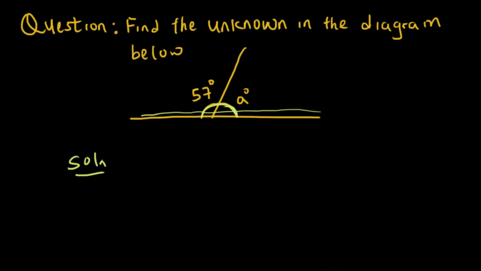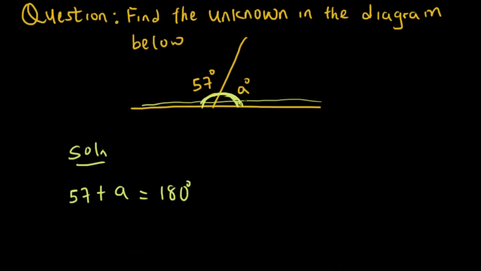So what this means is that if I add these individual angles, 57 plus A, I should get 180 degrees. Can you see? So look, I drew this arc. Now everything on the part of this arc, if I add them together, it should be 180 degrees. Now you can see that this arc is like a semicircle. Do you understand? So the reason: angles on a line